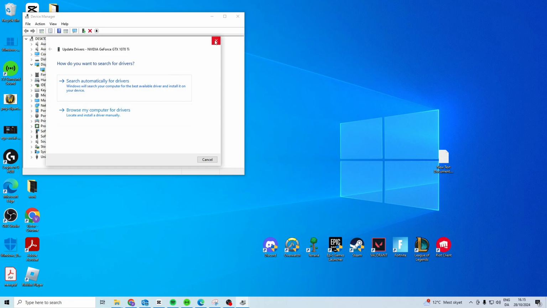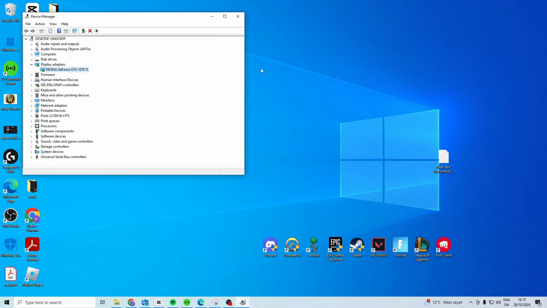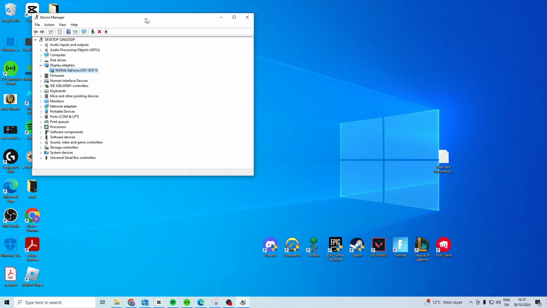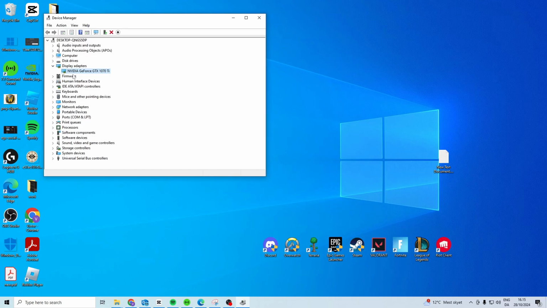for drivers. Once this is done and you made sure that you have the latest Windows update as well as the latest driver, something important is that you download the software for your driver. So you can see this is my graphics card. So you just want to go on Google and search for the name of your graphics card, not mine, and then search for software. Then it's going to give you the software for it, and that's also going to help